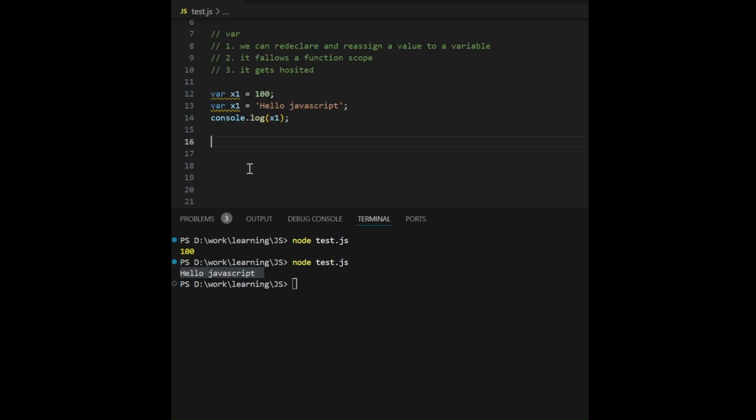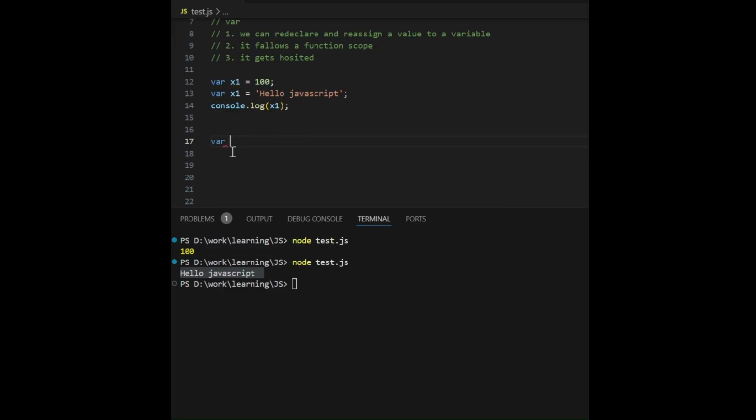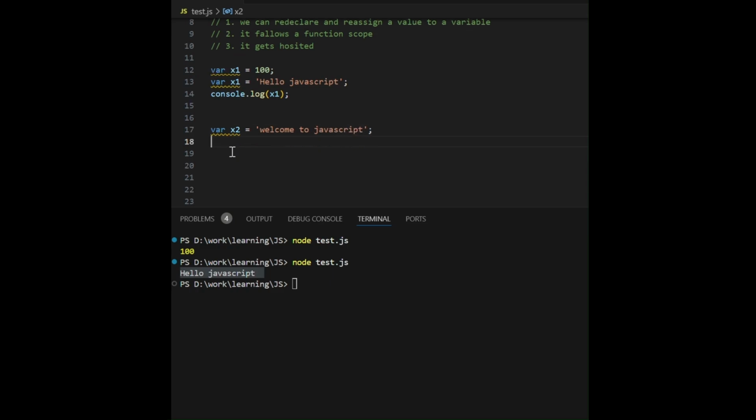Now let's try to create a new variable. Let's say var x2 is equal to welcome to JavaScript.